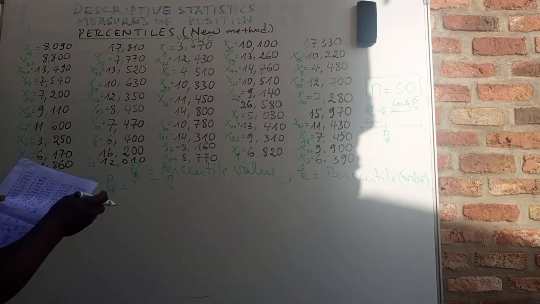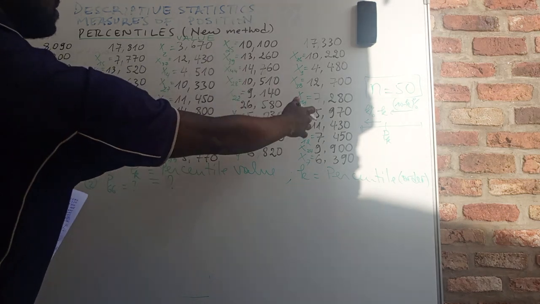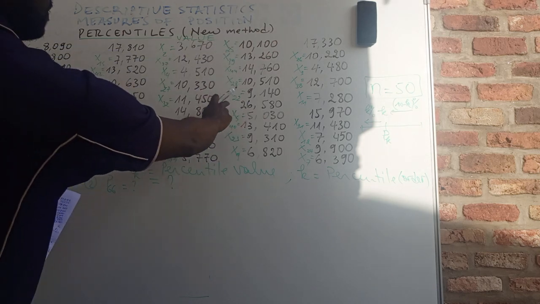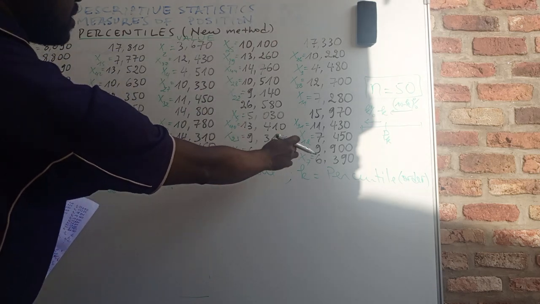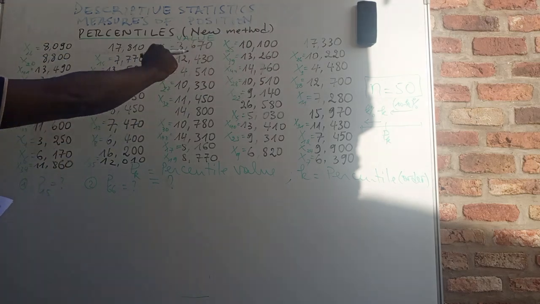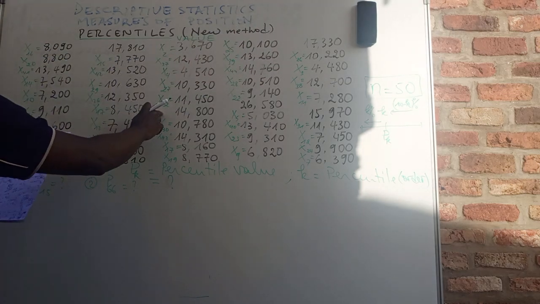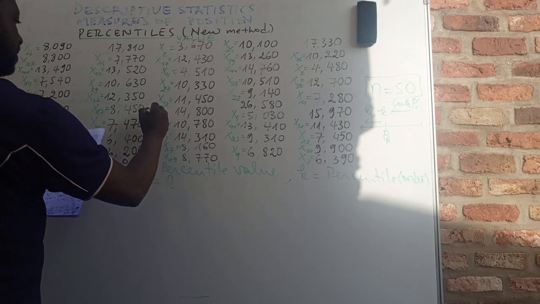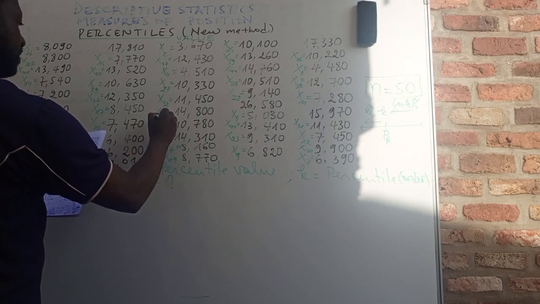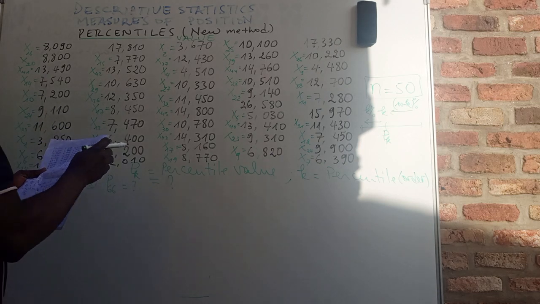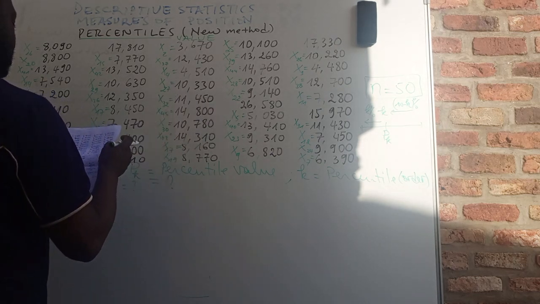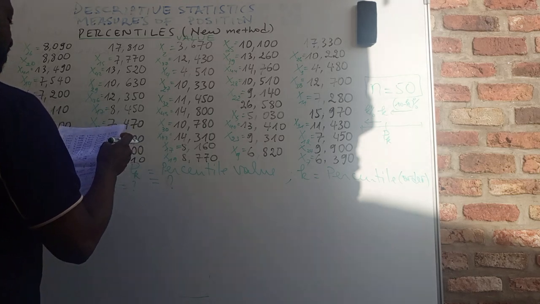This part is over except this one. This one is over except the first. x sub 45. 14800. Yes. x sub 46 is